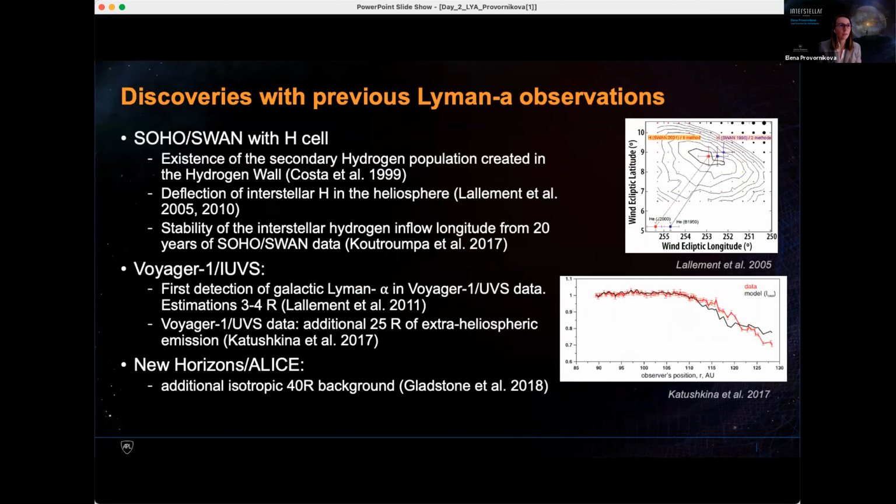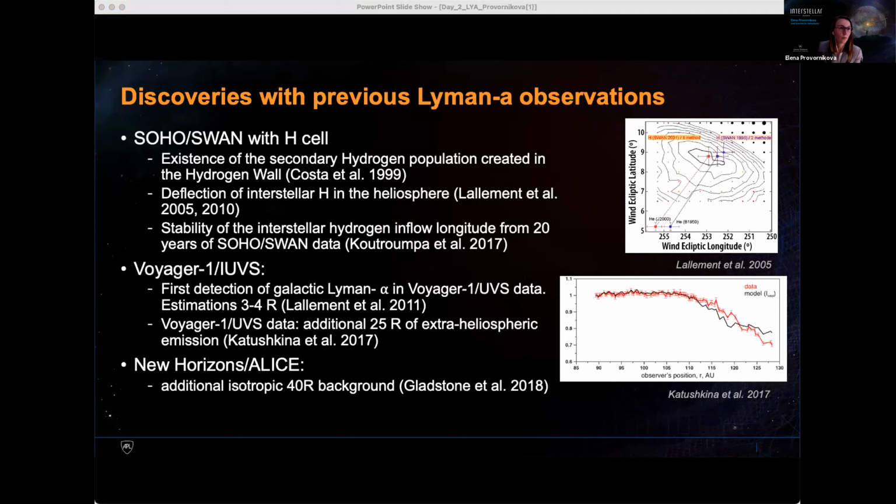There were many great discoveries that were made with previous observations of backscattered Lyman-alpha emission. SOHO SWAN observed the all sky in Lyman-alpha intensity, and also had the hydrogen cell on board to measure the line profile, although with limited wavelength range. And so these observations really brought many fantastic discoveries. So analysis of SWAN data